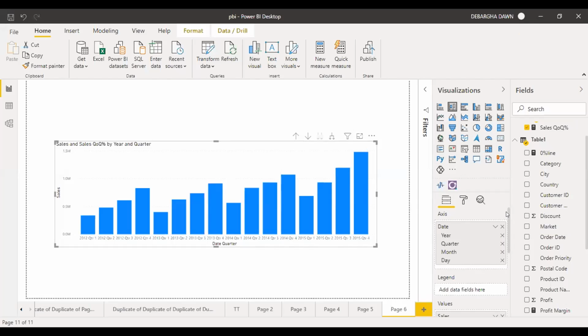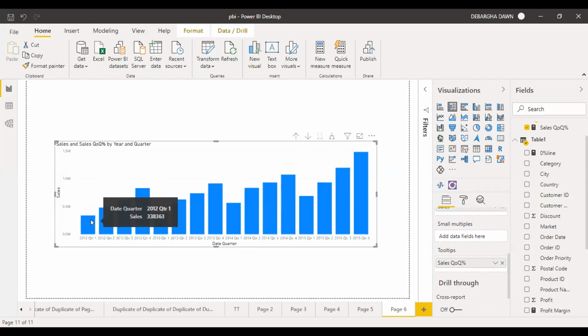Take your mouse over the second quarter, Q2, on the chart. No, the second quarter. It's coming, no? 41%. Q1, there'll be nothing, no? Because Q1 is the first quarter, so there is nothing to compare against. Oh, okay, sir. Right? The change will only come in the next one.